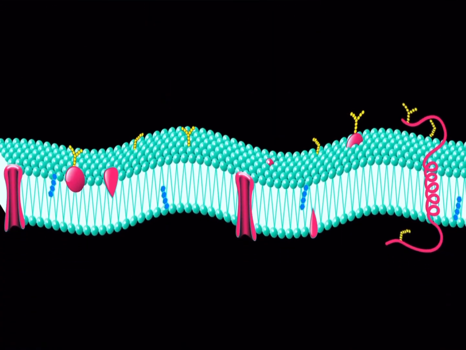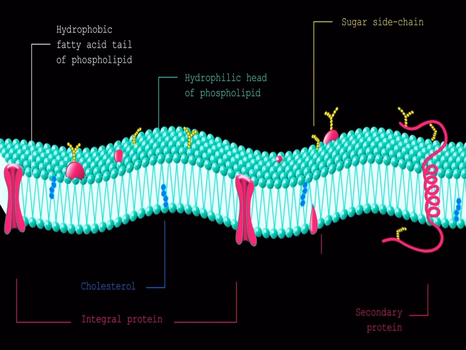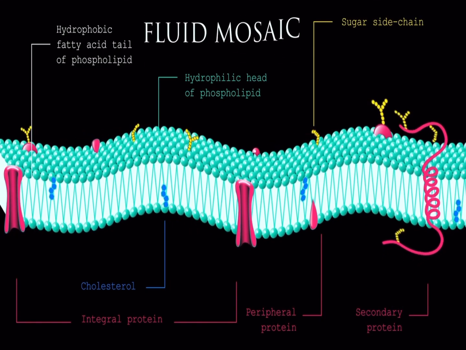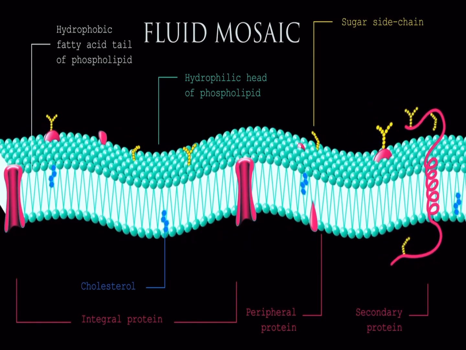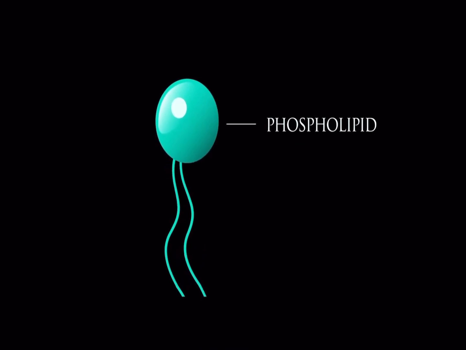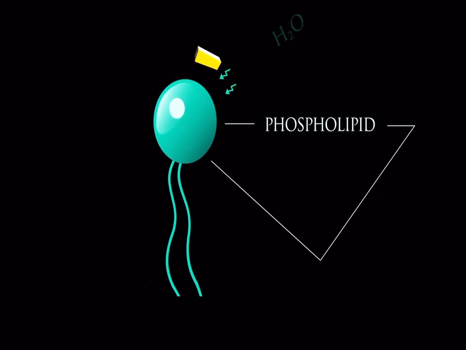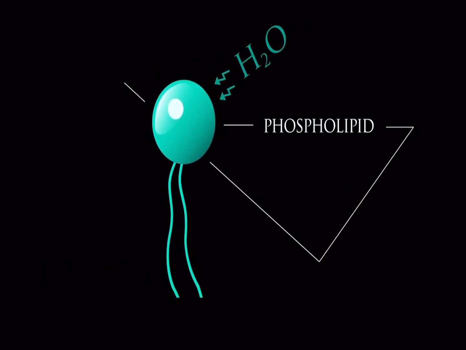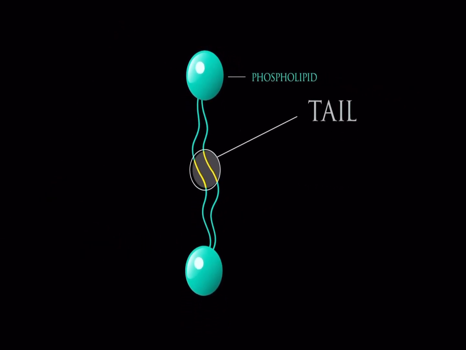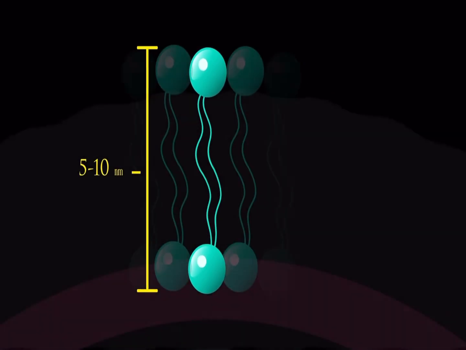The cell membrane gets this resilience, flexibility, and functionality by combining a variety of floating components in what biologists call a fluid mosaic. The primary component of the fluid mosaic is a simple molecule called a phospholipid. A phospholipid has a polar, electrically charged head, which attracts water, and a nonpolar tail, which repels it. They pair up tail to tail in a 2-layer sheet just 5 to 10 nanometers thick that extends all around